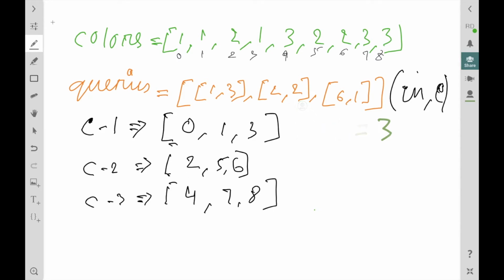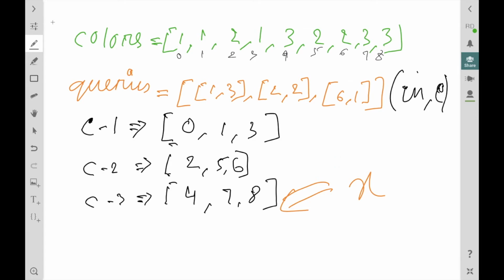So how can we find the nearest index in any of these three arrays? We can iterate through the whole array and find the nearest, but that would cost us order of n complexity. We can easily decrease the complexity to order of log n by using binary search. Now let's say we want to find the nearest element of x in this array. How can we do that?